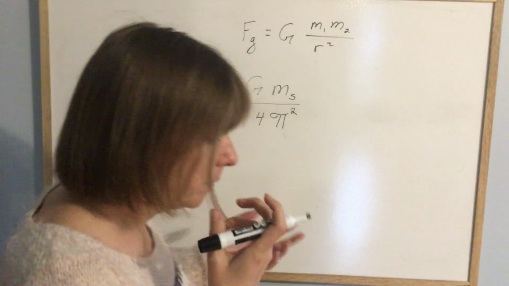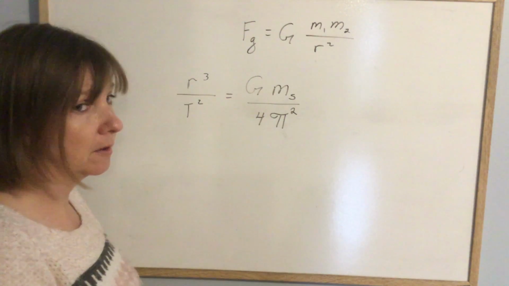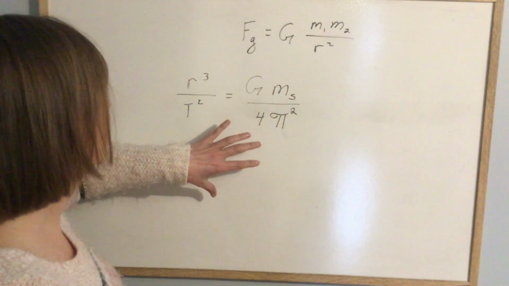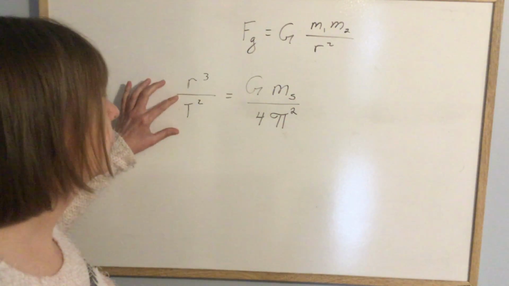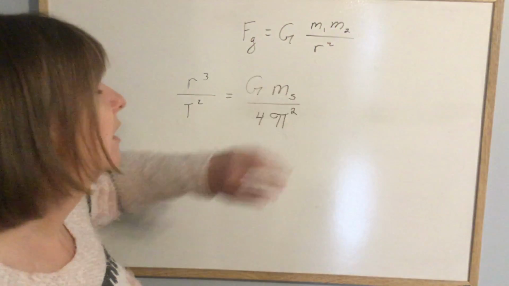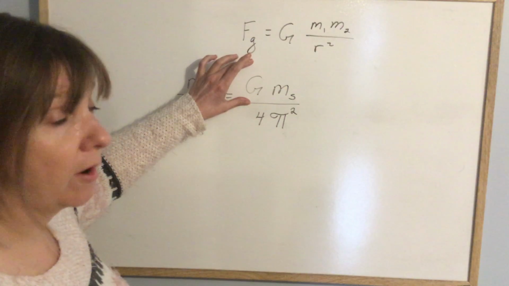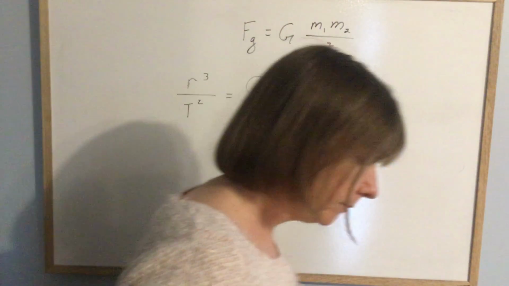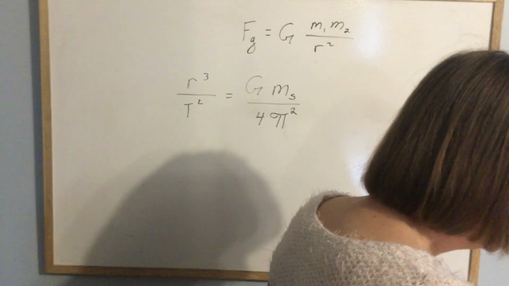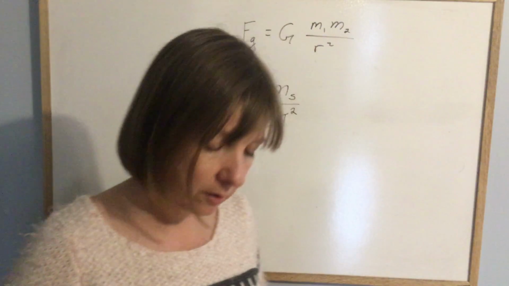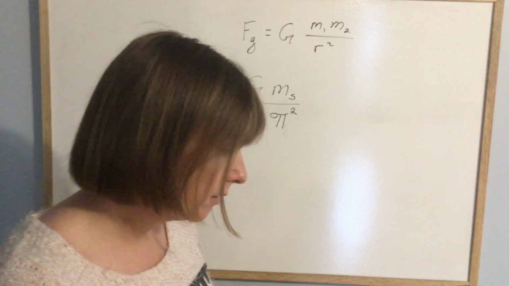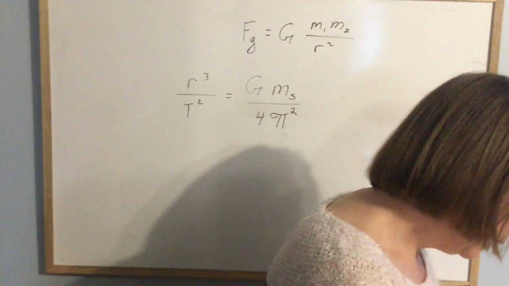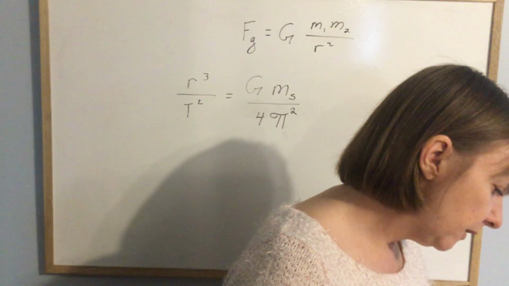Again, they came up with that by combining several different formulas together. So now, instead of Kepler's third law saying r cubed over period squared is equal to some constant, it's equal to the universal gravitational constant times the mass of the sun over 4 pi squared. Now, we're going to use this formula to talk about some calculations that you can do with that. But before we get there,